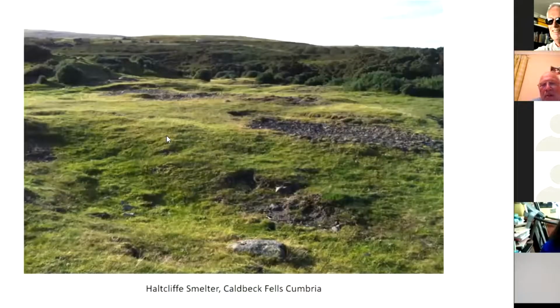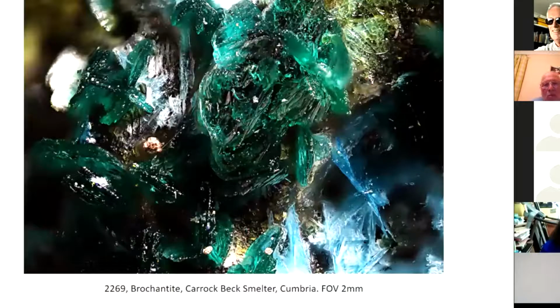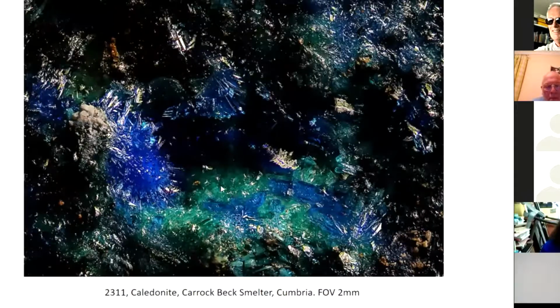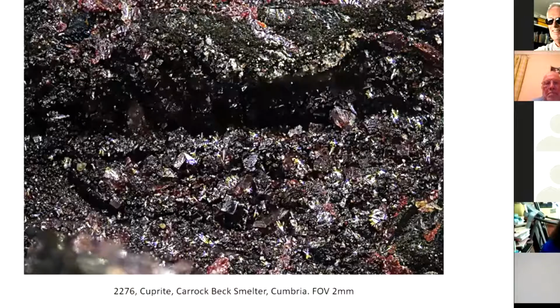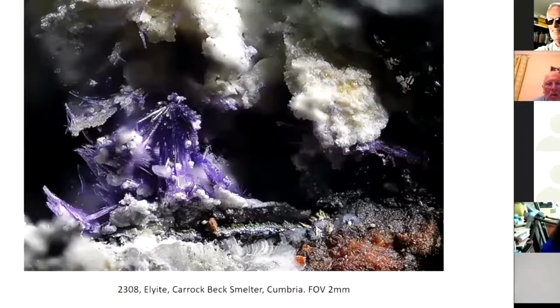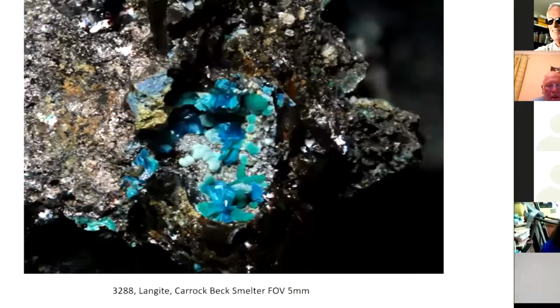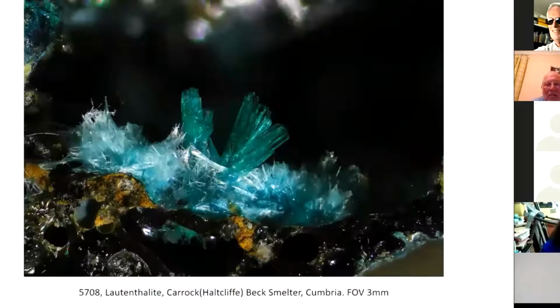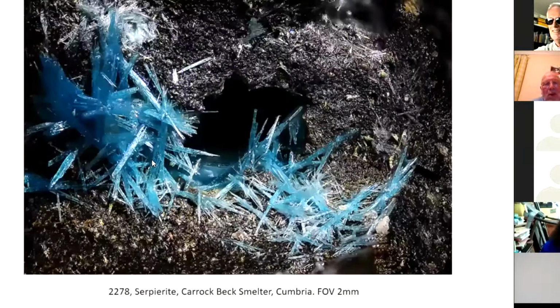This was photographed, I think, 2018. Yeah, probably 2018. I photographed these. Just a general shot. Two or three pictures of it. Brochantite, linarite on caledonite. Horrible picture, but I left it in just for the combination of colour. Richard's chenite, cuprite, and again, what we're all looking for, elite, in two or three pieces, and the langite, Roughtonite, which is on serpierite, linarite, serpierite,